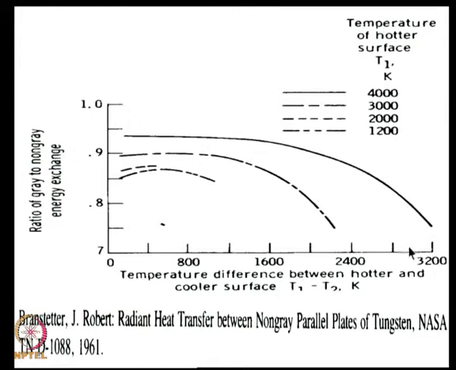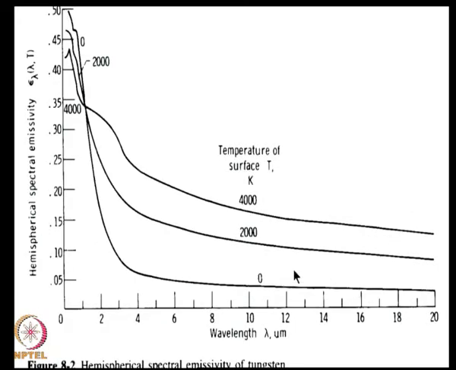So, one of them will sample this portion of the emissivity curve, the high temperature surface, because it is having its peak radiation more like around 1 micron, while the other one will sample this region where the emissivity is lower. There is a huge difference in emissivity between this region and this region. While when the temperature difference is small, the emission wavelengths are all comparable. So, you do not make a very large error in the estimate of emissivity.